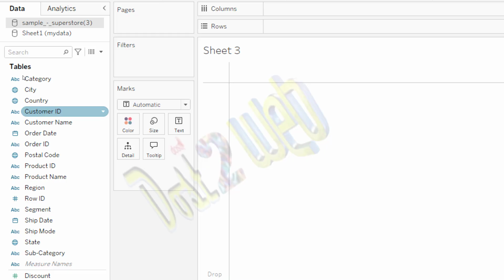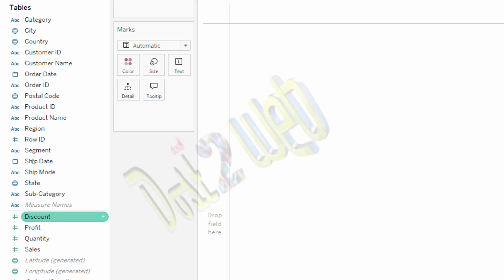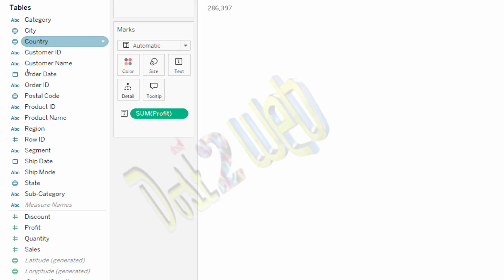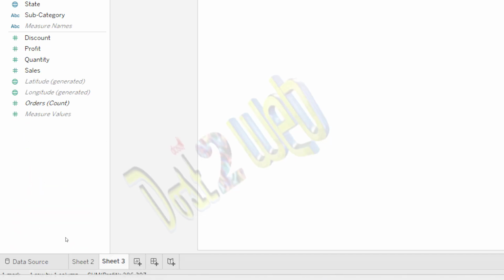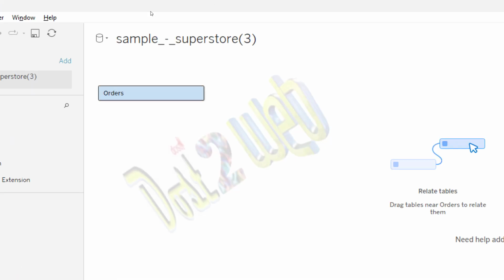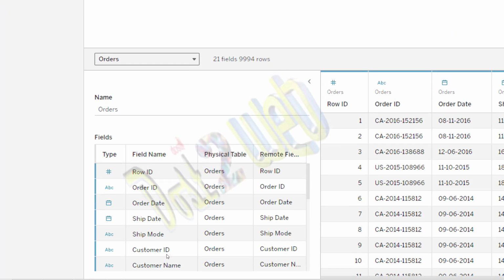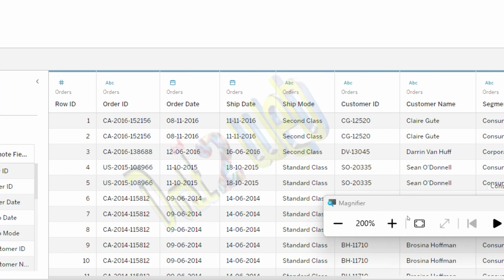Okay. Now, different types of data type. What are the differences of data type we have? So, take anything. What I will do, I will take profit in text. Okay, that is not required actually. I will go to the data source, only orders. Okay. Now, I want to know what are the types of data type we have in Tableau